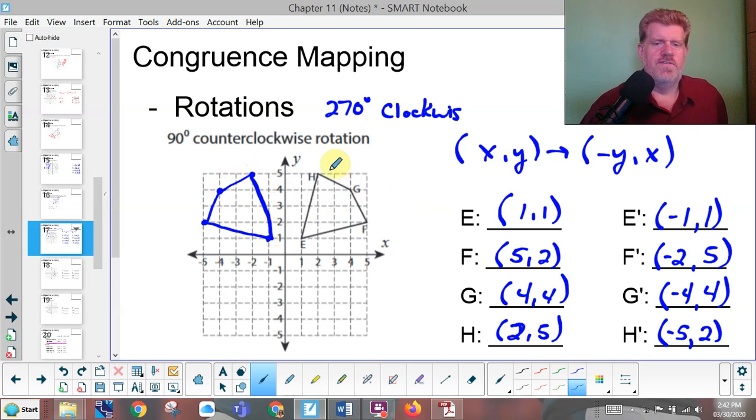So you see how this has rotated 3 times: 1, 2, 3. Or 90 degrees counterclockwise. See how it's gone over that way. That's how we do a rotation. Okay? Now,